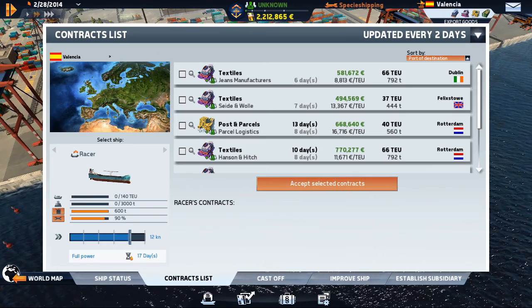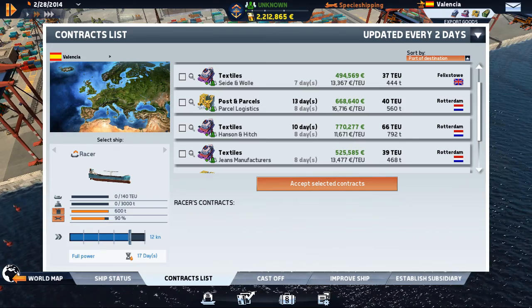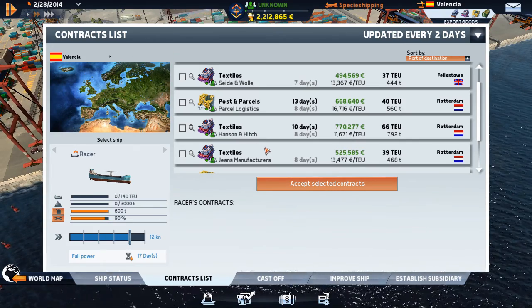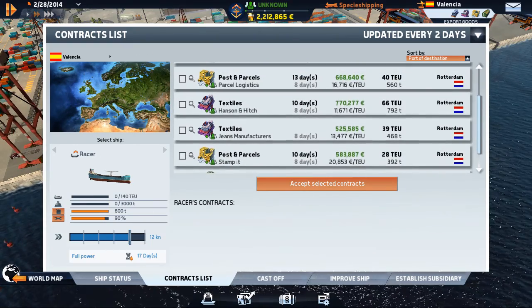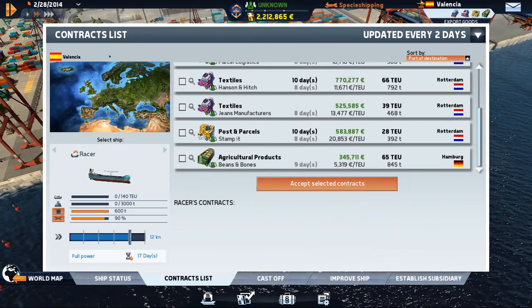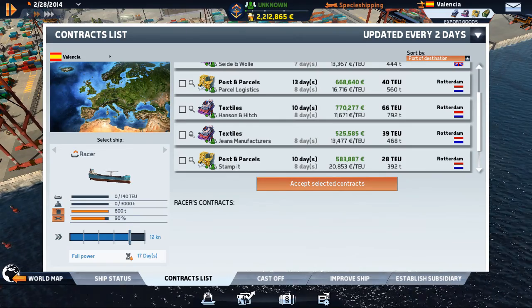A couple trips to Rotterdam. Ooh, 3 cargoes to Rotterdam. But I don't think we'll have room for all 3. What else is on the list? Ooh, 4 trips to Rotterdam. Holy cow. Busy little port. Alright, so we could take...